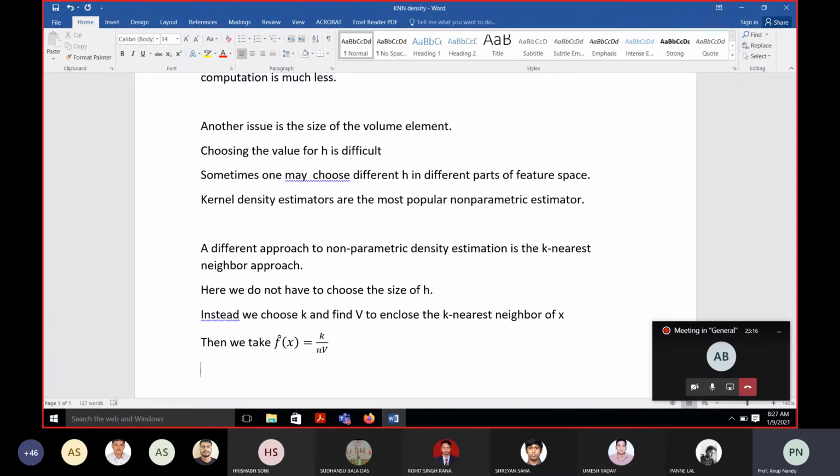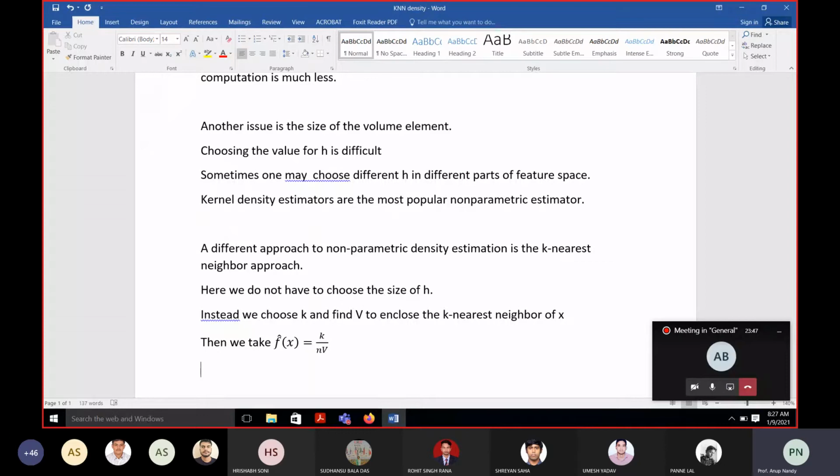So how many sample points have you found which are closest to the test sample? That is 3. And how many sample points have you found which are not closer to the test sample point x? That is 2. So as you can see, 3 are in class 2 and 2 are in class 1, then obviously you put x in class 2. That is called the majority voting technique.